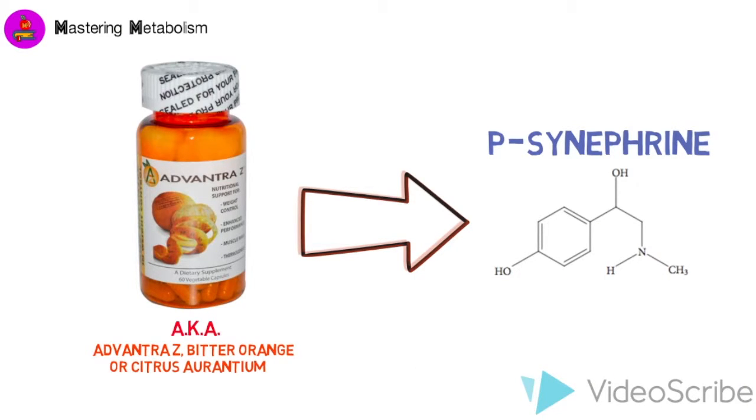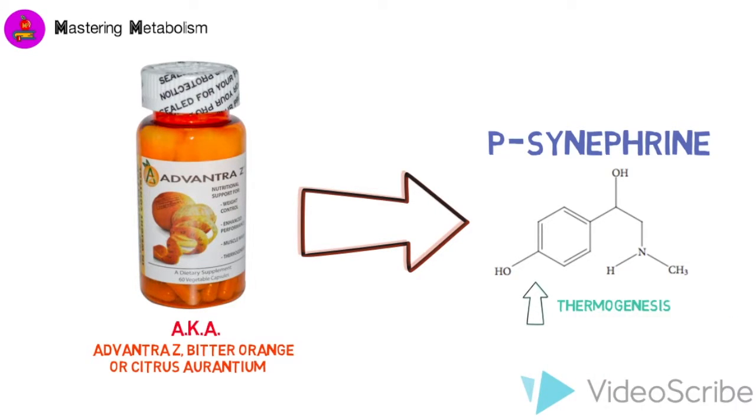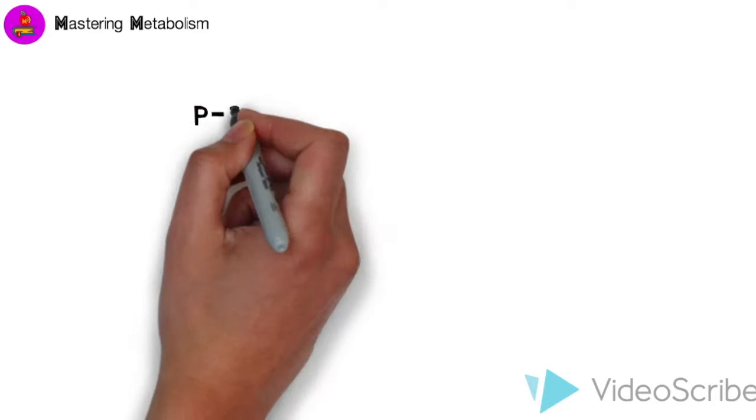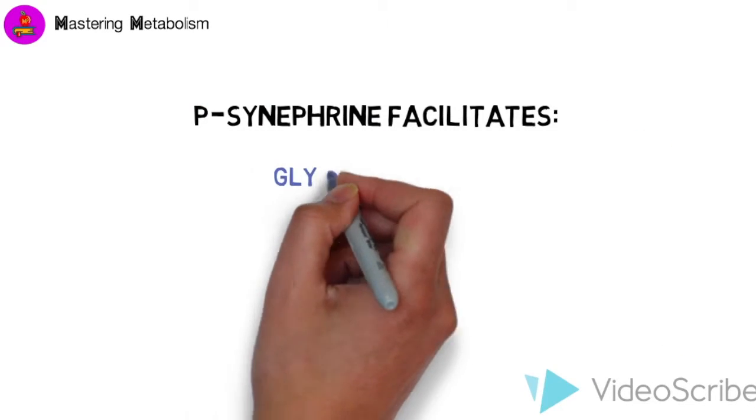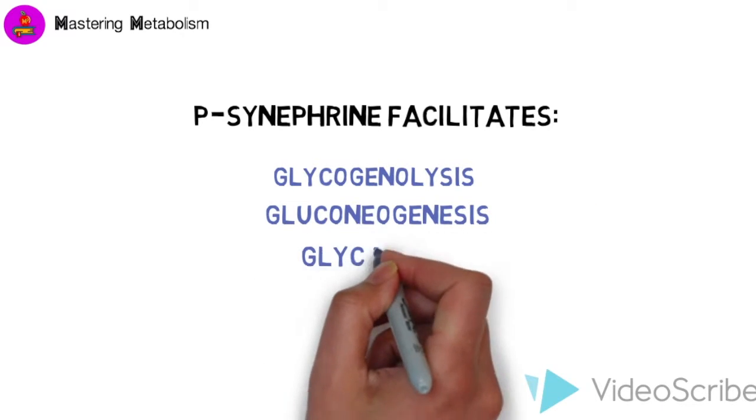Many obesity studies suggest that adaptive thermogenesis is defective, as it is individuals' regulation of healthy metabolism and body weight control, so thermogenic stimulants such as P-Synephrine enhance thermogenesis but are not associated with the central nervous system stimulation that is seen with most thermogenic agents. It does so by binding to beta-adrenergic receptors, increasing the ability of the body to break down and metabolize carbohydrates in skeletal muscle. This is accomplished by facilitating muscle cellular uptake of glucose, glucogenolysis, gluconeogenesis, glycolysis, and oxygen uptake.